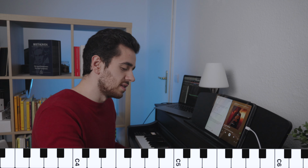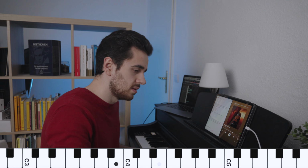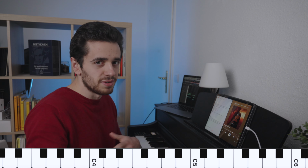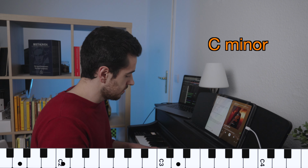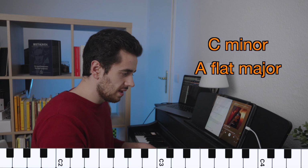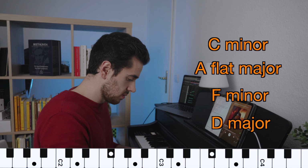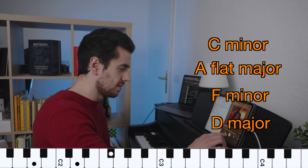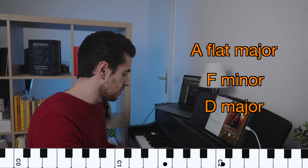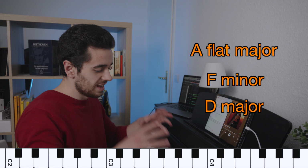It doesn't hurt that much, but if you wait on the dissonance, the resolution is also more powerful because there was more pain before. C minor, A flat major, then F minor immediately, mediant downwards again, so A flat major, F minor, third downwards, and then